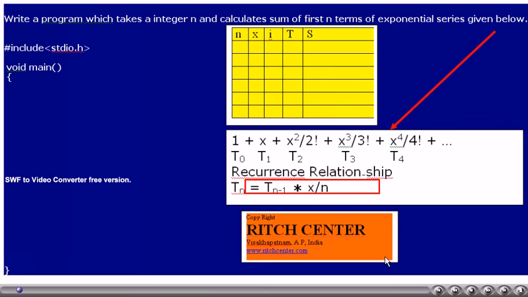For the same, the following approach we have employed. If we observe exponential series, we may find the terms 1 plus x square by factorial 2 plus x cube by factorial 3 plus x to the power of 4 by factorial 4 and so on.